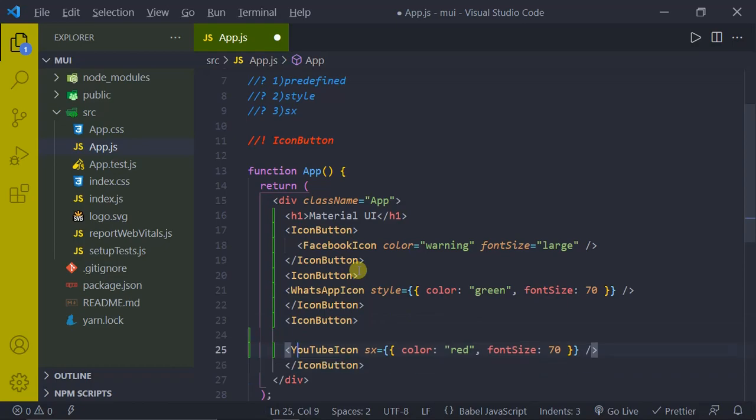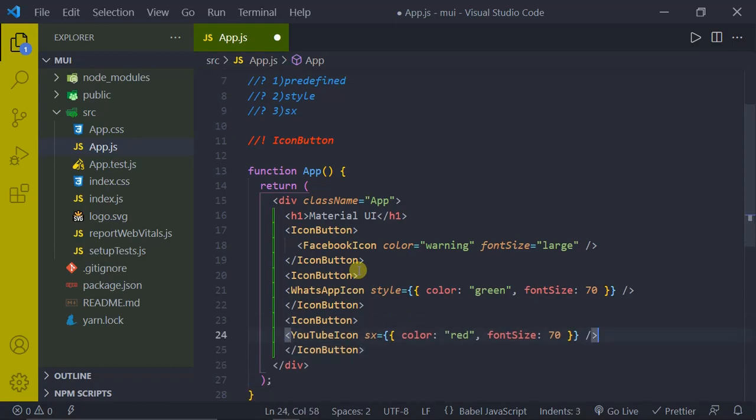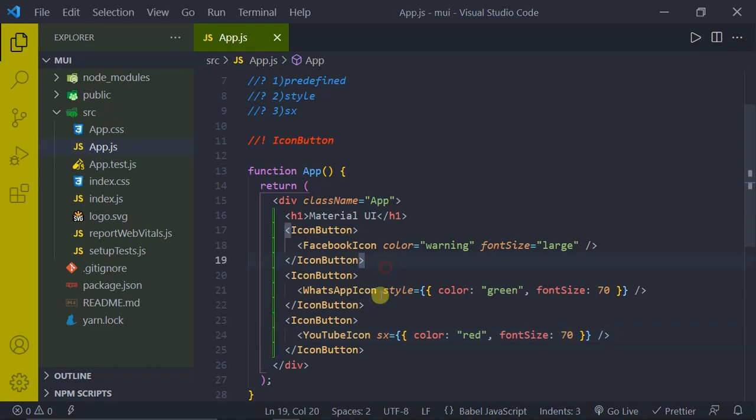Just press Alt and up and down arrow keys, and you will be able to do that. Now just press Ctrl S, save, and back to our browser. See, we are getting that beautiful ripple effect, right?